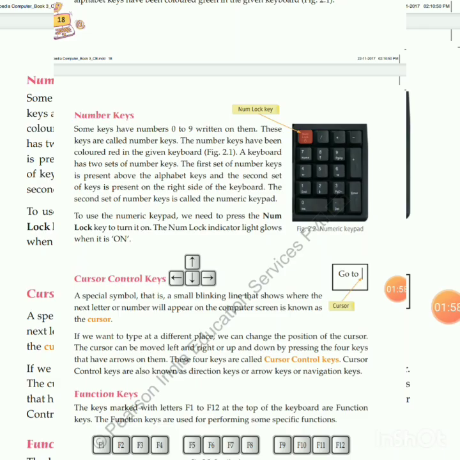Okay, this is the function of the function keys F1 to F12. This is not in my syllabus, dear, but you have to know the function of these function keys. Learn all these things and try to write the function of the function keys in your notebook. In the next class, I will explain special keys and their functions.